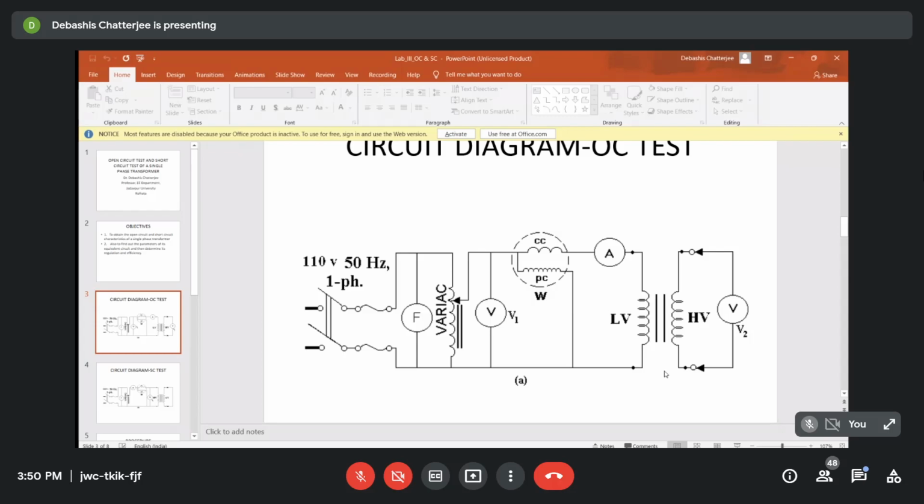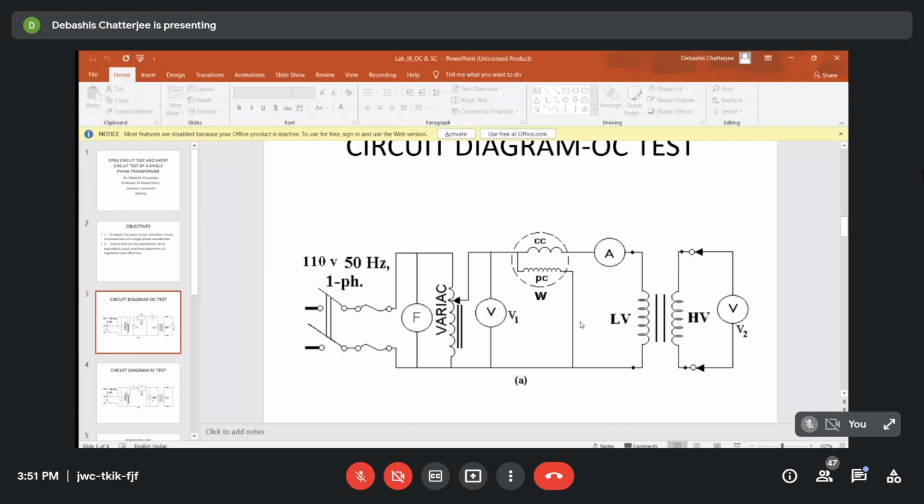This you remember. So now here we have metered it in the low voltage side. That is also another reason. You could have done the same experiment by metering at the high voltage side. It would have given you no problem, and the calculated parameters also you can determine. But the thing is that there the instrument may get some odd settings, right? So for the ease of instrument availability, the low voltage side is chosen for this OC test.